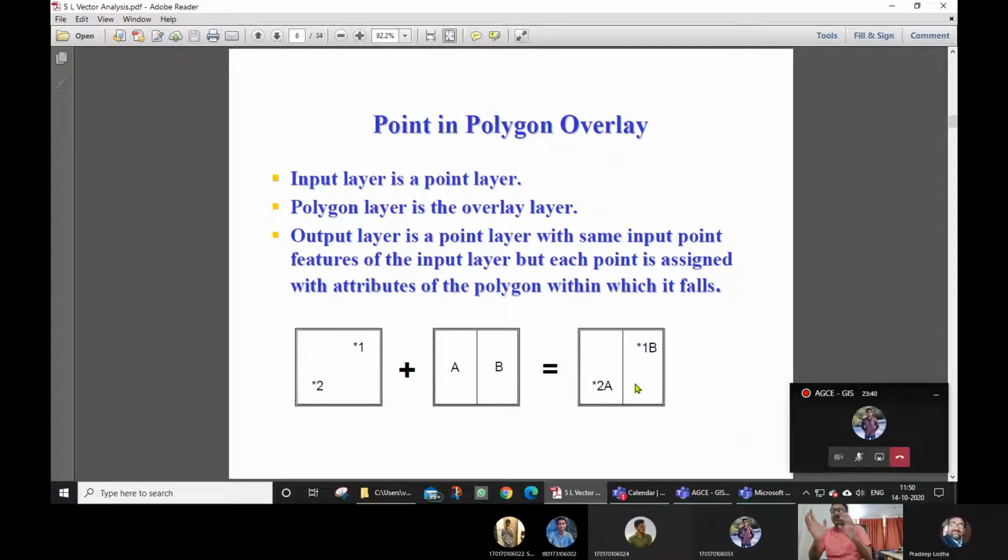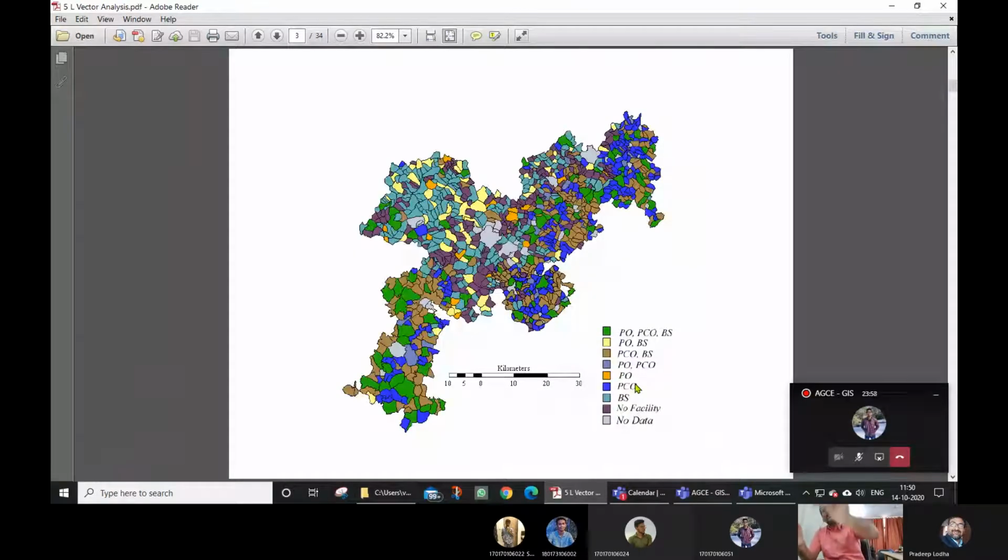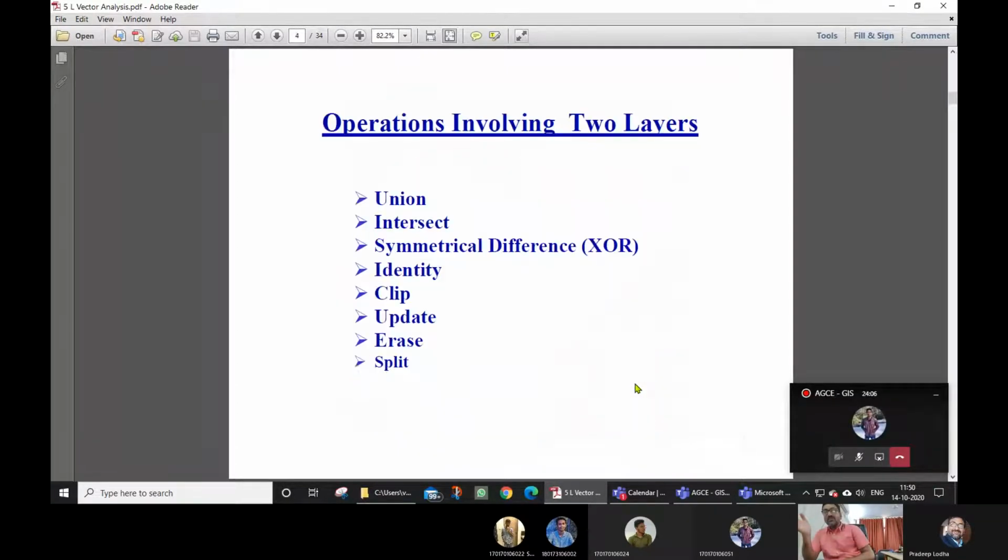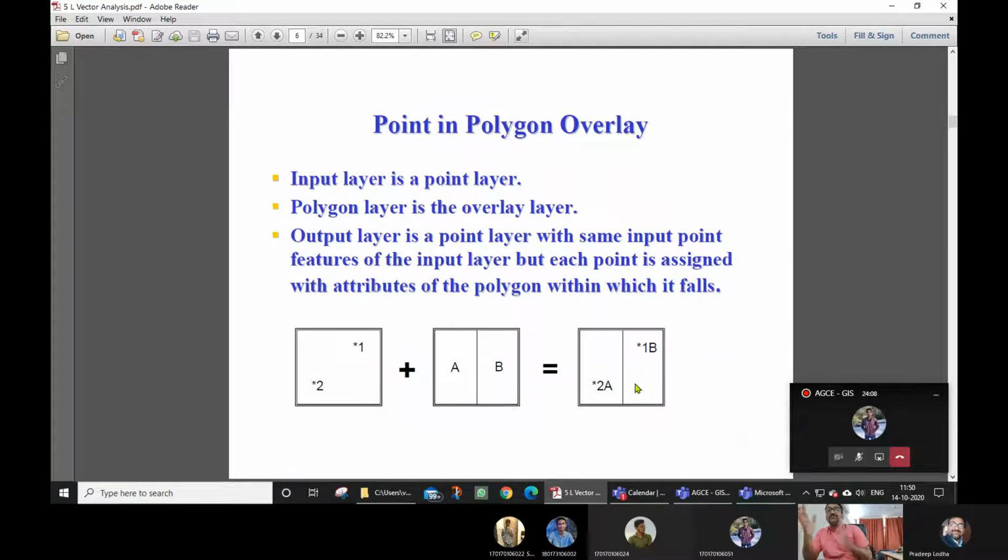It appears simple, but this is only two data in one layer, two data in the second layer, and a third output layer. This seems easy, but there are hundreds of database records. I have shown you one layer initially, and how many layers and how much data there are. So this is one layer, and another layer would be there. When you combine these, there are thousands of such polygons going in. So that is the important thing.